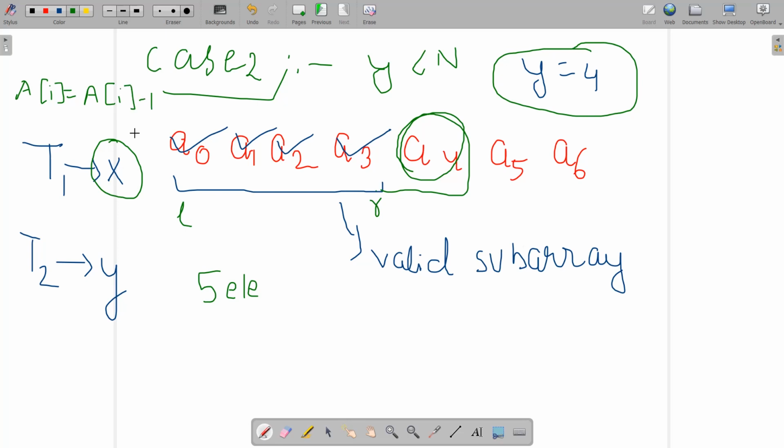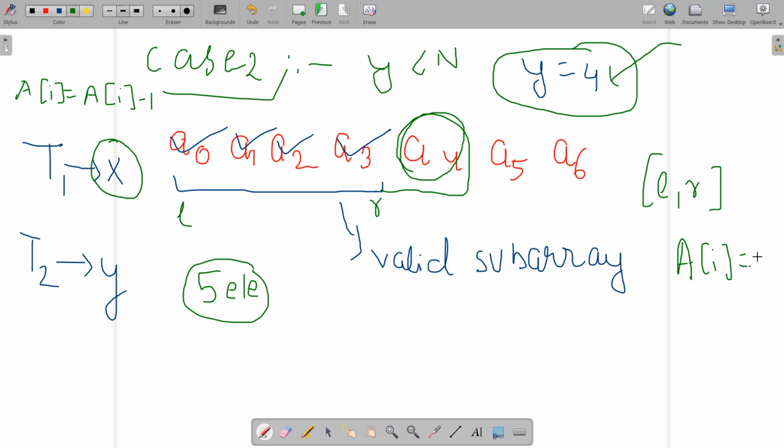So if we have 5 elements and y is strictly less than the current length of the chosen subarray, let me explain in different words. We have the subarray from L to R, and y is 4. Then we are going to make Ai as 0 for 4 elements lying in this subarray, and those 4 elements are going to be the maximum